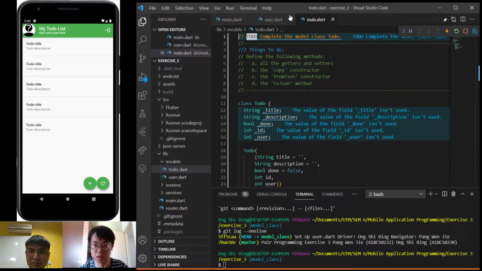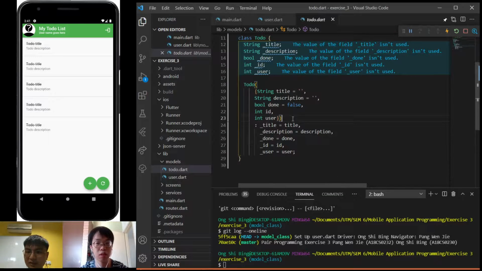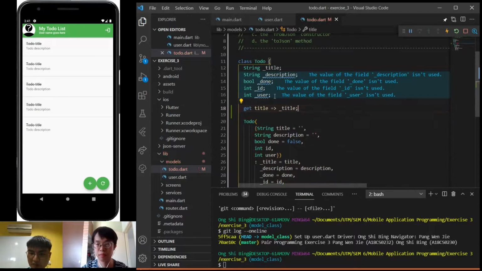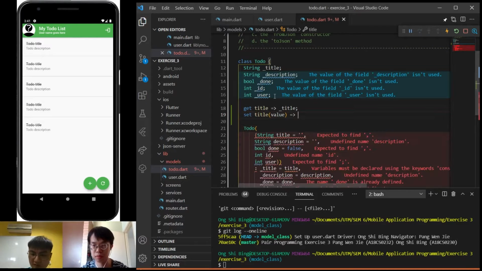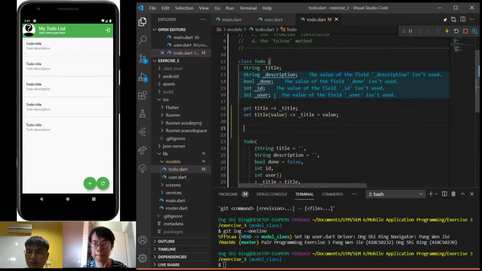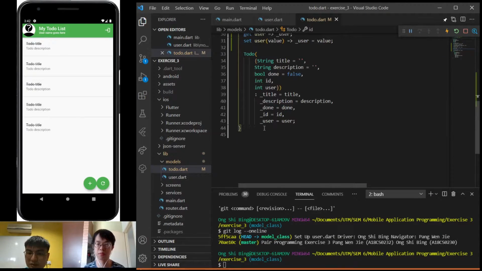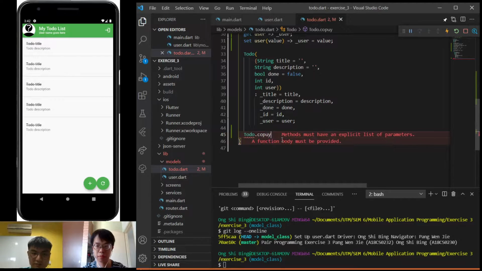Okay, so now we proceed to the todo.dart. We need to do the getter and setter first. So get title and set title, and we repeat for the other attributes. Now we need to do a copy constructor for the todo class. So Todo.copy